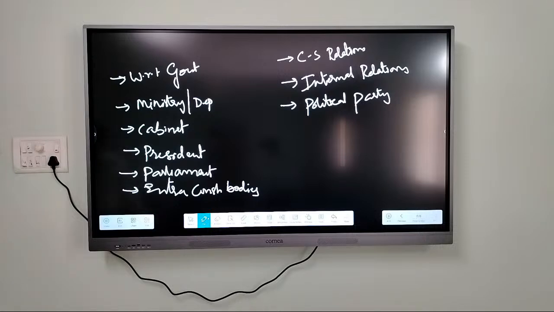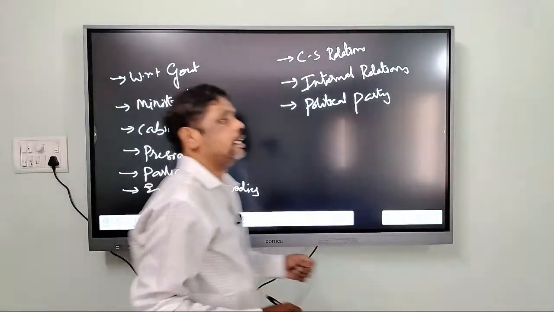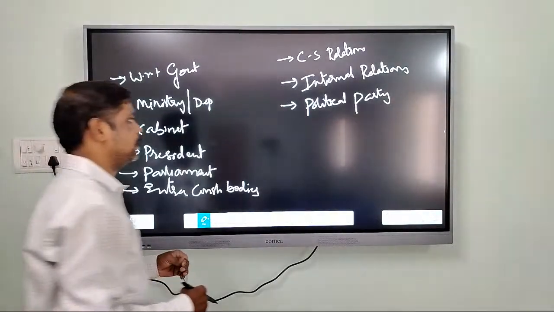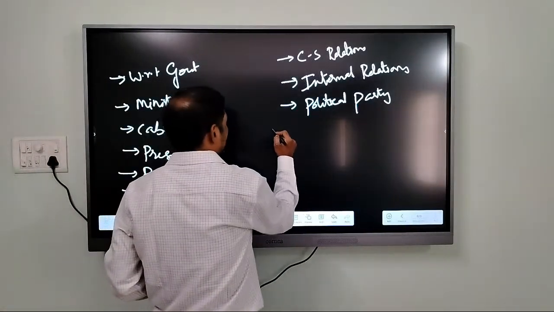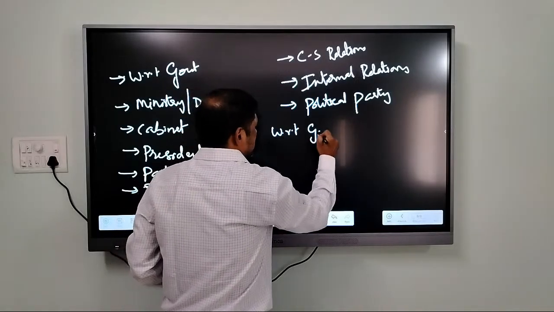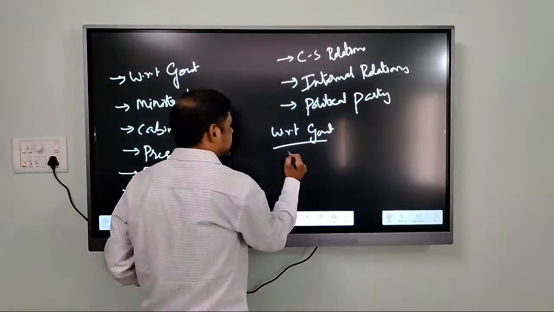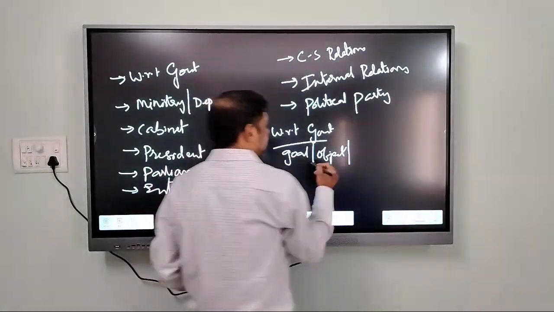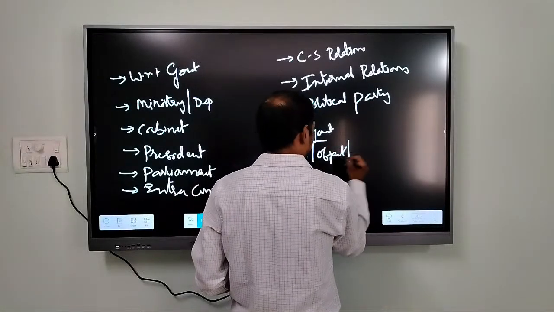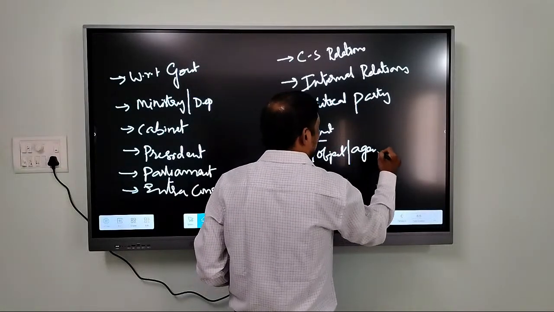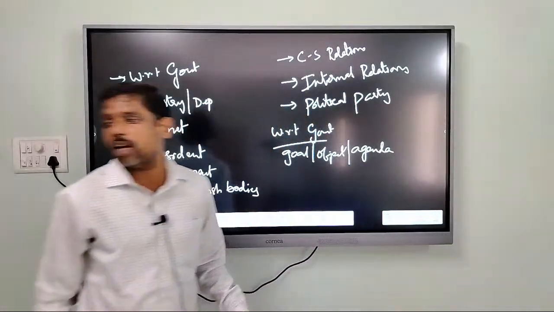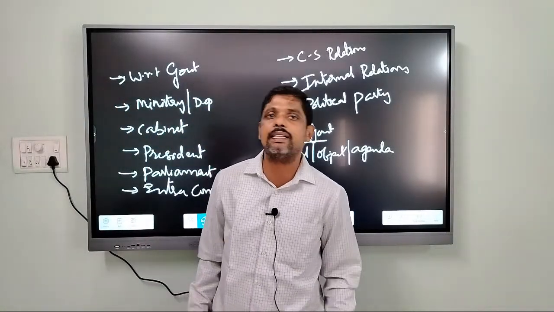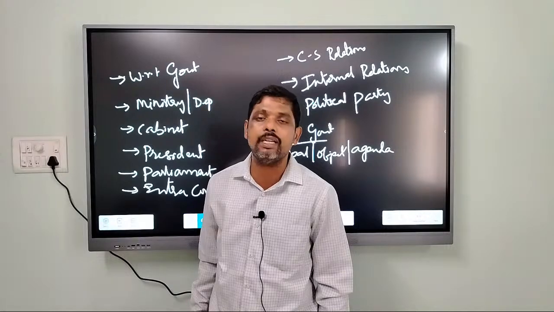Alright, so as a head of the government, what kind of roles does the Prime Minister play? If you take it with respect to government, it is the Prime Minister who sets the goals, the objectives, as well as the agenda for the government, right? So the goals of government are determined by the Prime Minister. It is the Prime Minister who clearly clarifies the goals to be achieved, the objectives to be achieved.